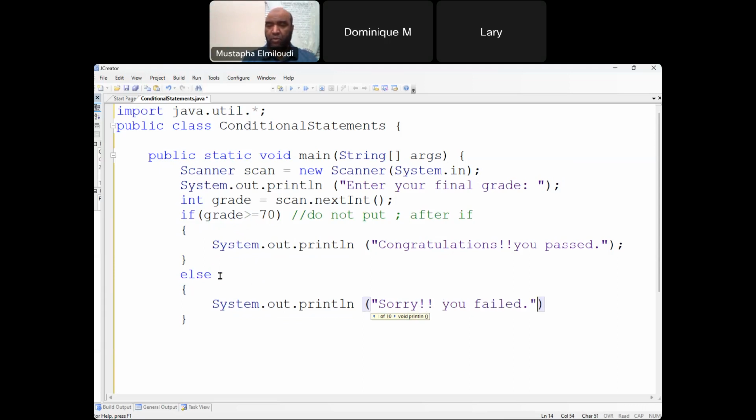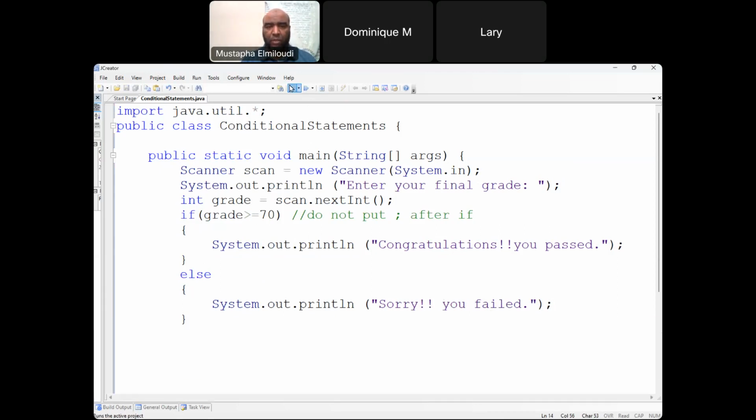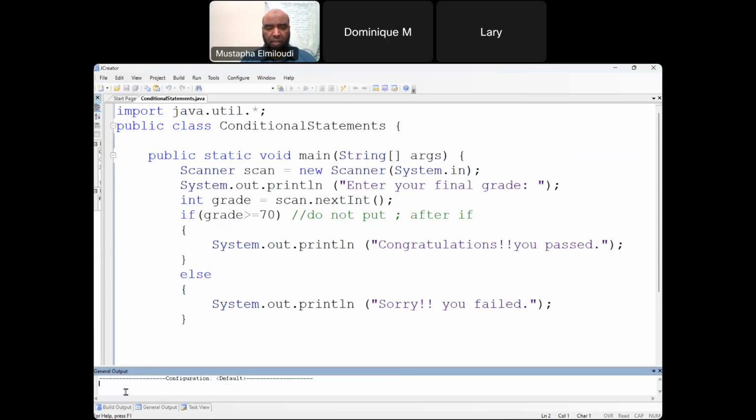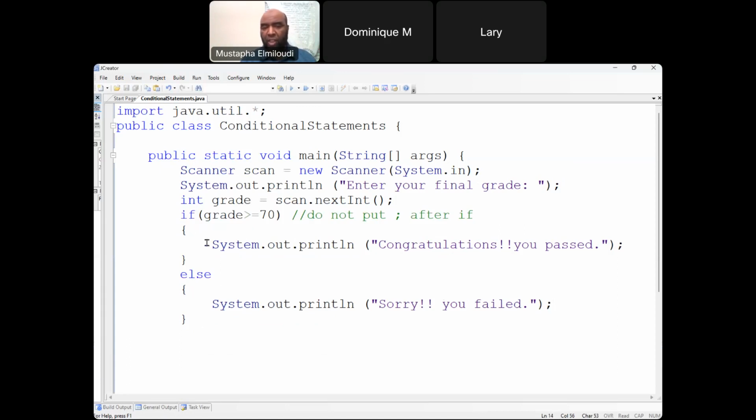This is a simple program. So we're going to test the program and see. So I'm going to build it. Build means check for errors. So I'm going to check. That's going to say process completed, no error. And then I'm going to run the program here. As you can see, it's going to say enter your final grade. Let me make this one bigger so you can see. So I'm going to start with a passing grade. So 84. Okay, congrats, which means if this condition is true, the program would execute the first statement and ignore